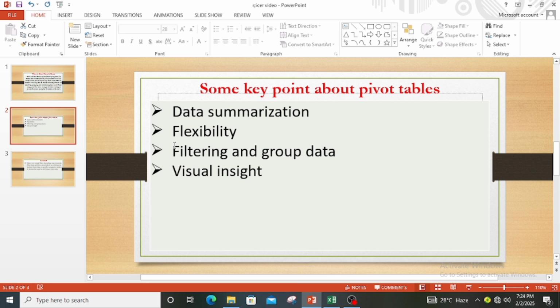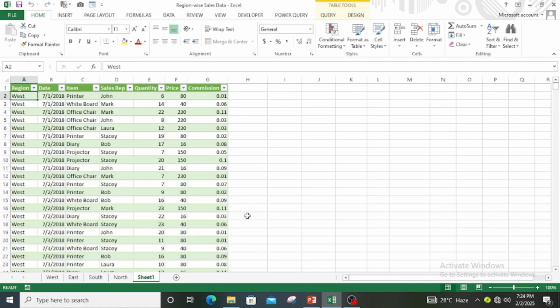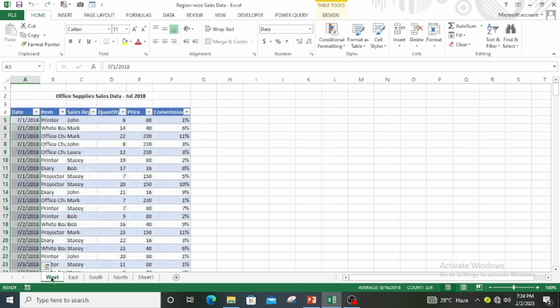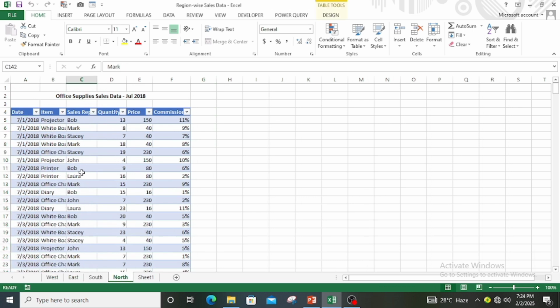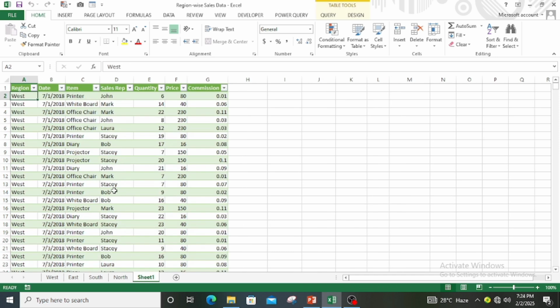Without wasting much time in this explanation, let's go to the practical aspect. Then you can see what we are talking about here. Now, this is a bunch of data we have here. This data is derived from the West sheet, the East sheet, South and North. Of course, I blended all these four tables in these different sheets into one single consolidated table,